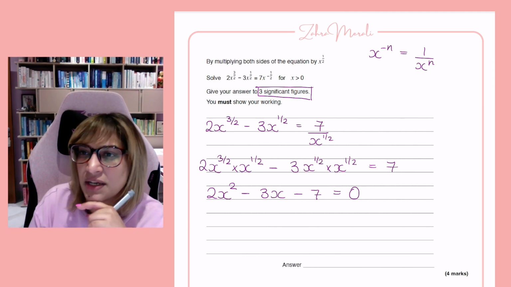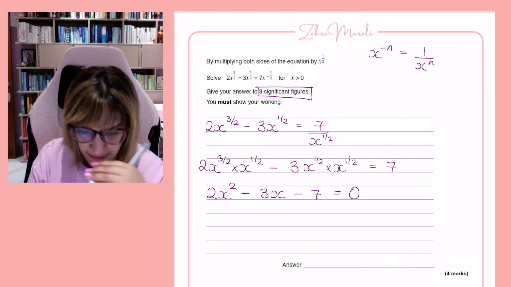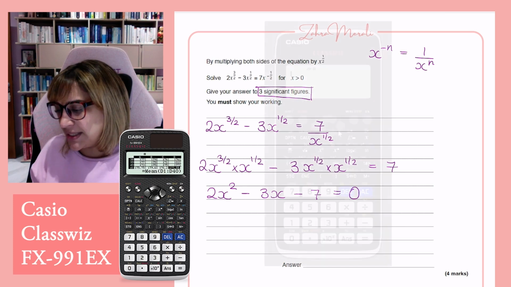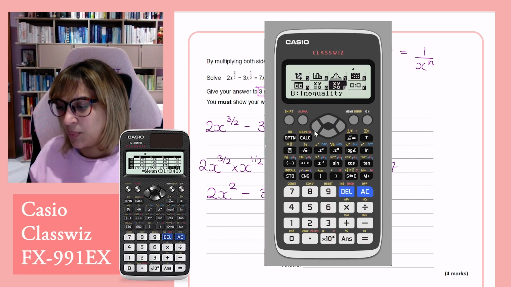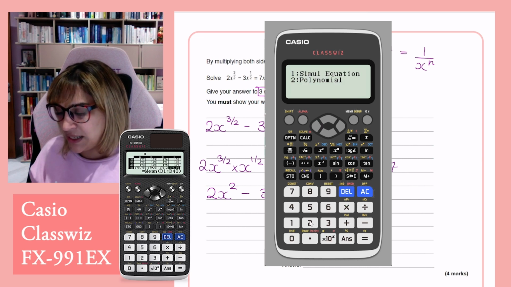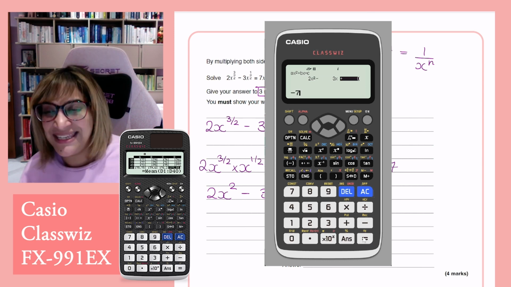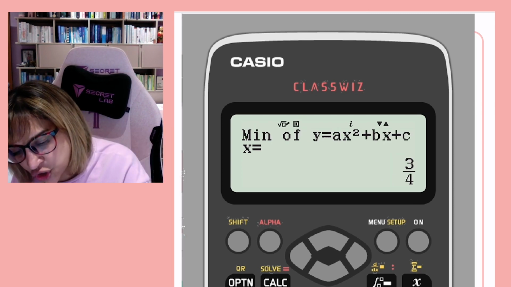The other alternative is to use completing the square. So in your calculator, if you've got the Class Wiz calculator, you can tell menu, equation function, polynomial, degree 2, and we're going to do 2 minus 3 minus 7. And it gives us our roots, and it will give us our answers. But because we're asked to show our working,